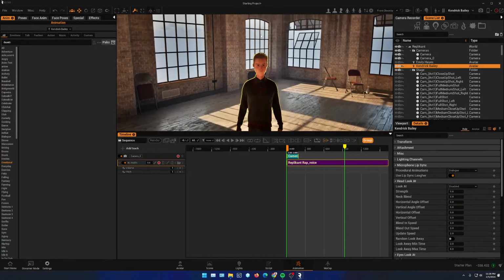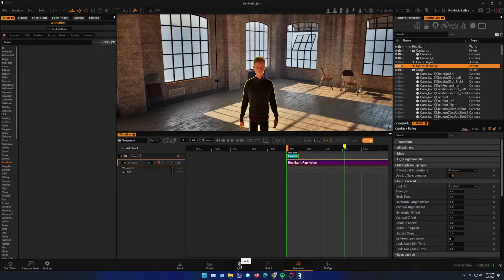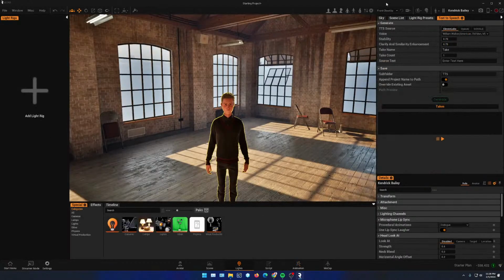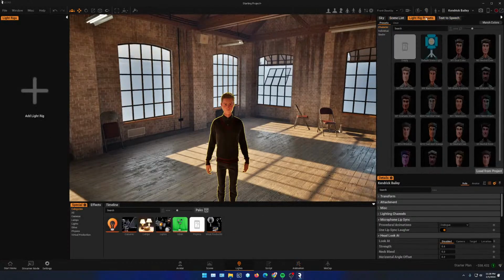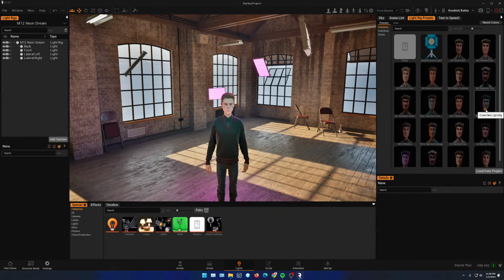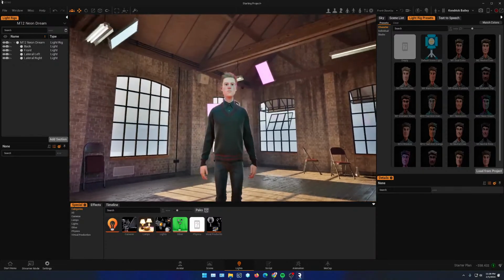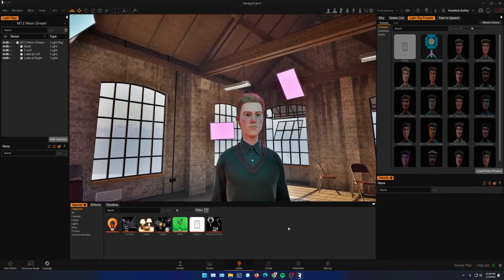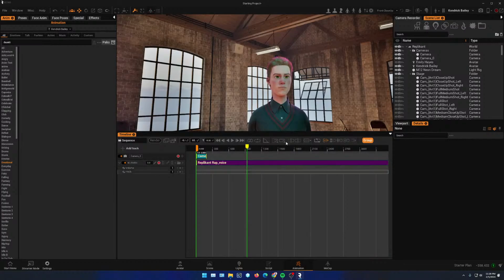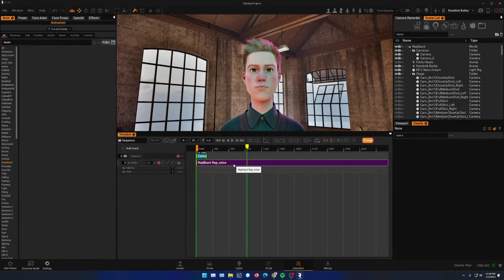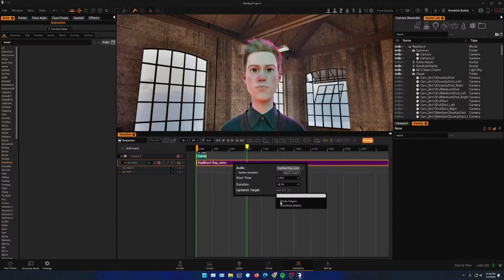Okay, so now actually let's put in some lights so we can see our character a little bit better. Get these colors here. Now back to my animation, and in here I'm going to basically say what target this voice is going to take. So I'm going to send that to him,